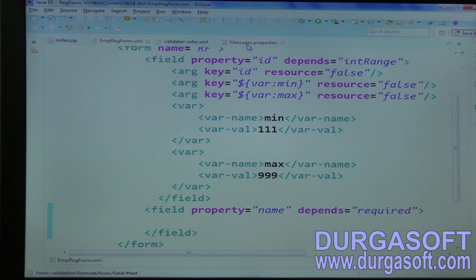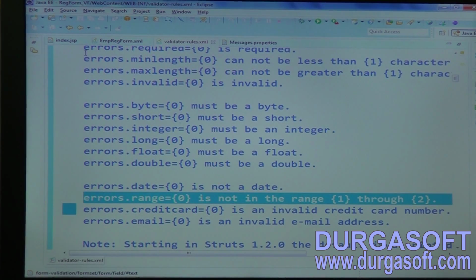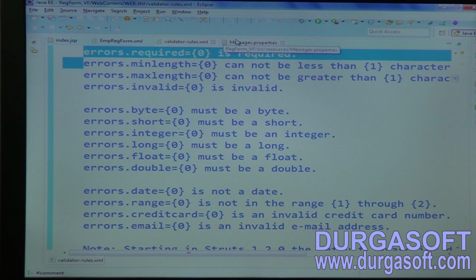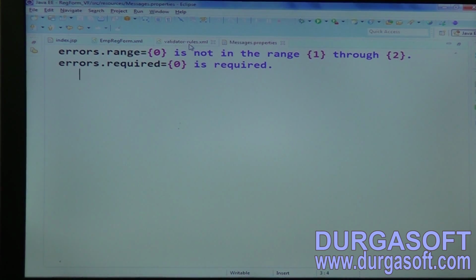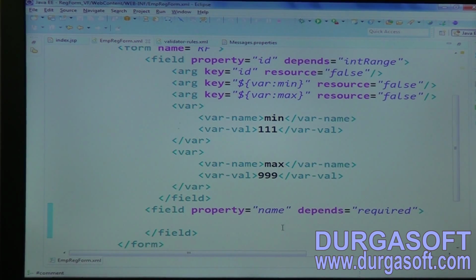So the required validator error message, you can find here, this is the required error message, errors.required. How many arguments is it expecting here? Only 0 argument. So just that 0 argument we have to pass here. Argument key equal to 0 argument name. And I don't want any properties file keys here, so then you can configure resource equal to false. And we have one more. Next one is